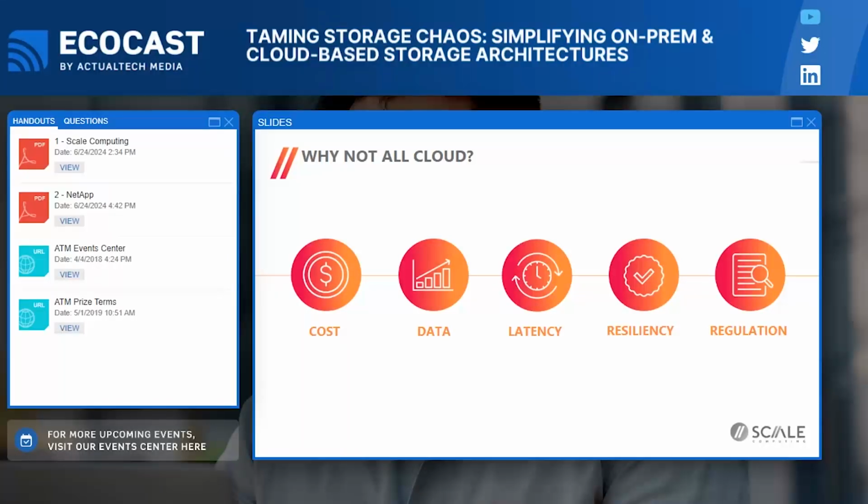Why not put everything in the cloud? Well, the things that we hear from people that we engage with are, number one, cost, not just the cost of the cloud storage, but also keeping those costs predictable. And that's really because of data explosion. Things like video surveillance or sensors out at the edge can have a lumpy ingress of the amount of storage that is eventually going to need to be stored.